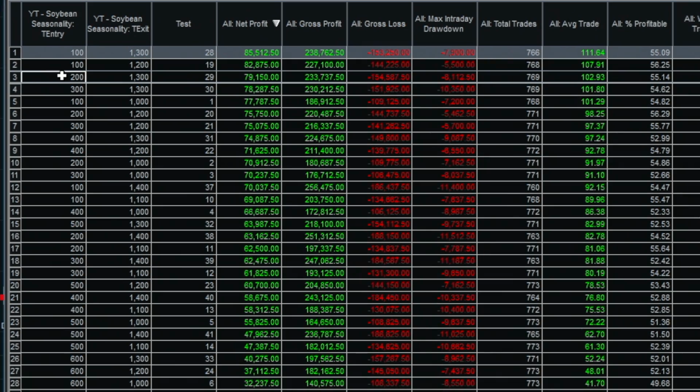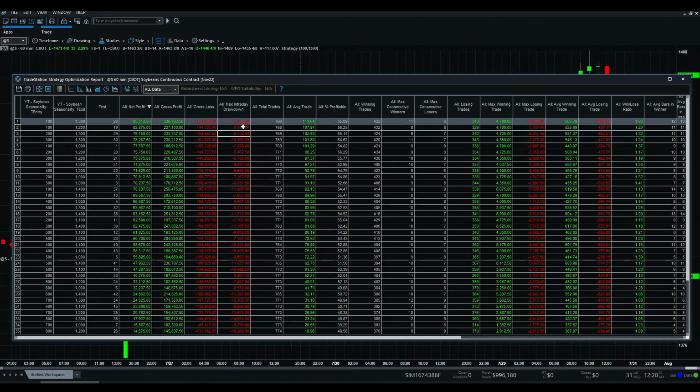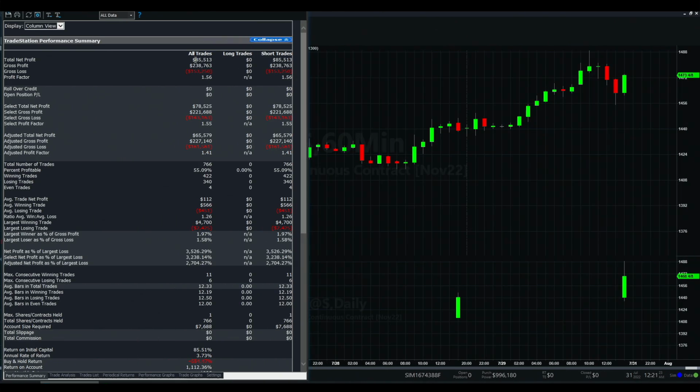So here it is, entering at 2 and exiting at 13. They are very close in drawdown and very close also on profits. Of course, this is much better. So let me pick this one. And now we can see we are making